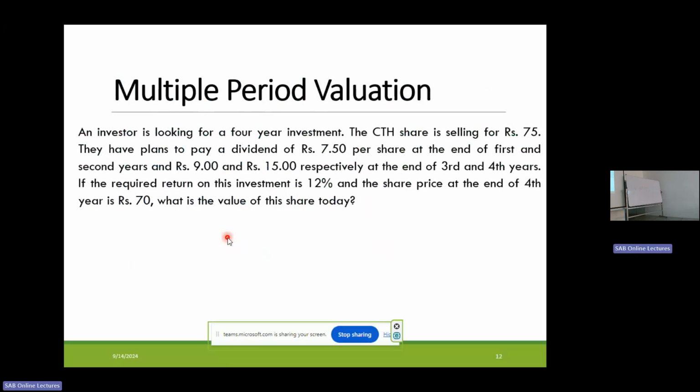The share price at the end of the fourth year is expected to be 70 rupees. So what is the intrinsic value? What is the value of this share? This is a multiple holding period, so we have to consider different dividends. So the value of the equity share is equal to